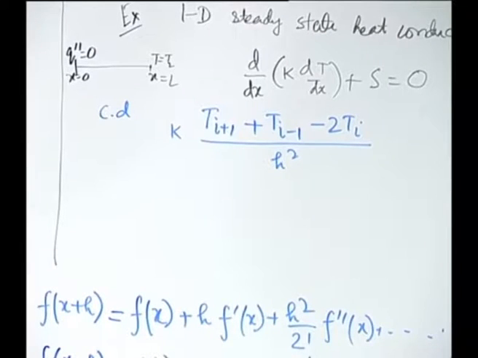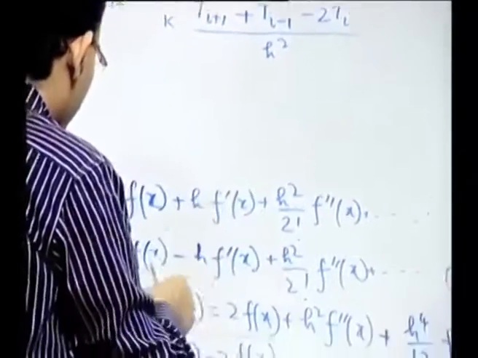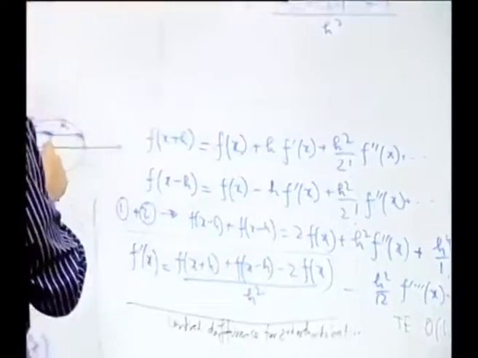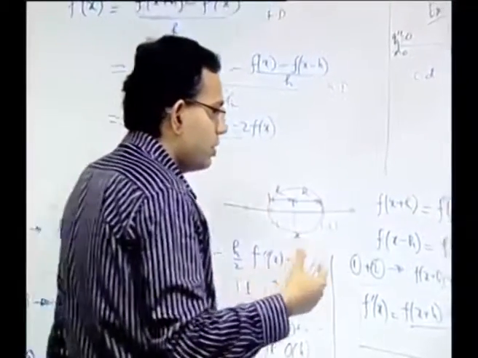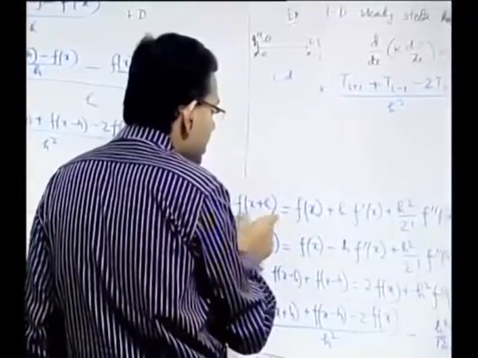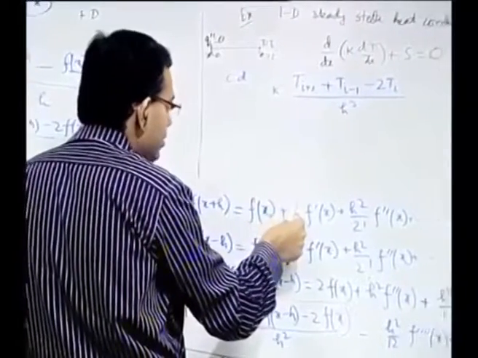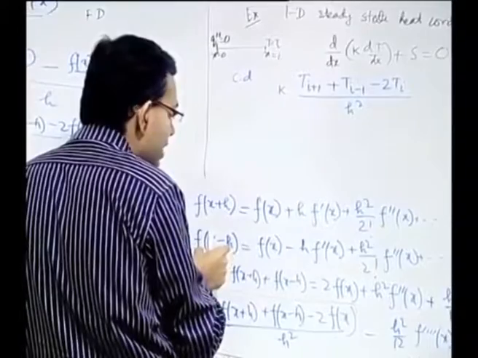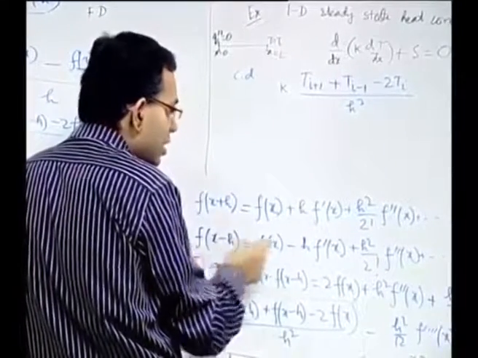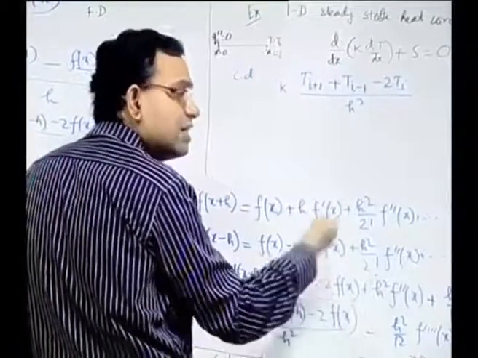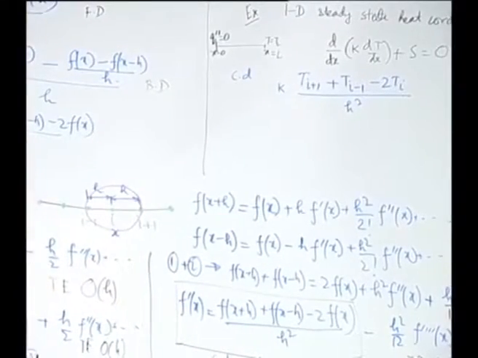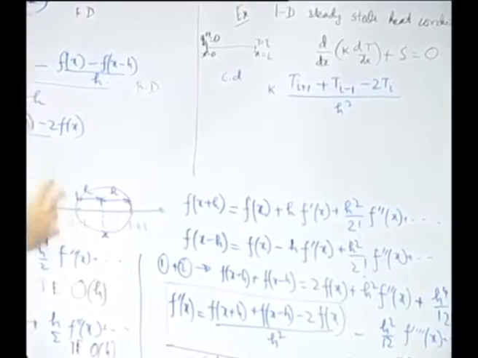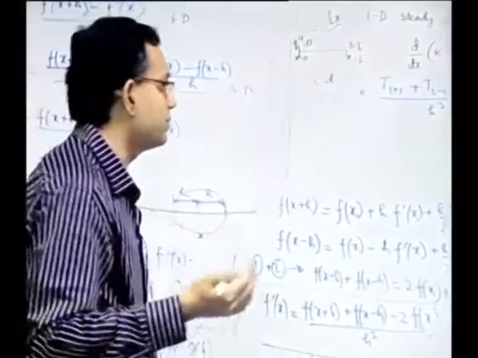Now, if it is a non-uniform distance between the grid points, then obviously h for one particular term and h for another term will be different. So, when you are writing f x plus h in terms of f x, then there is one h. When you are writing f x minus h, that h may be h 1, another different h. So, accordingly the algebra will change, but the basic philosophy will remain the same. For illustration we consider the same h, although it is not necessary that one has to use the same h.